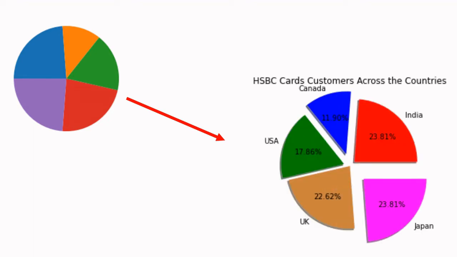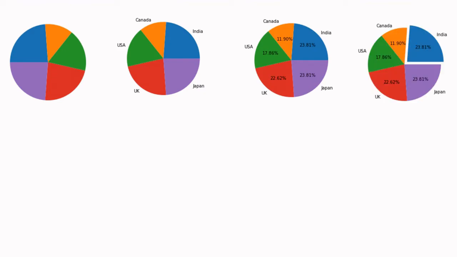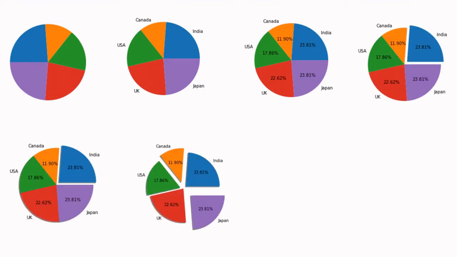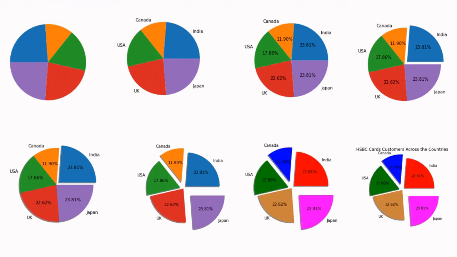In this video, we would learn how to create one pie chart based on the data which we have. We will start with one basic pie chart and we will reach the advanced level, which would be this. So the steps which we will be covering, the basic one, then we'll learn to add the values, then percentage, then we will learn to explode, add the shadows, explode all, change the color, and add the titles. All of these things we would learn one by one.